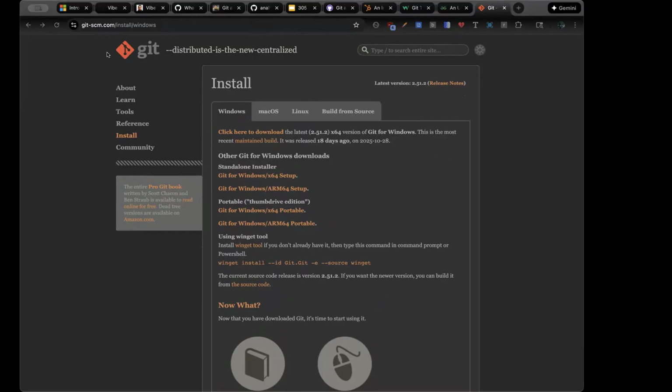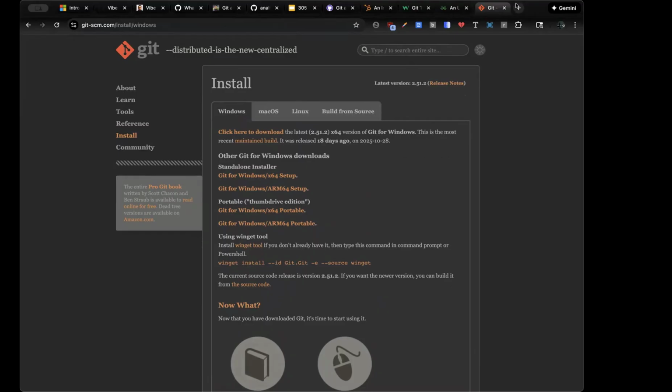If you open the terminal and you've installed Git successfully, you can run git --version and you'll be able to see your Git version right here. Right now I have 2.50.1, which is one of the latest Git versions. With this, I can now use Git.